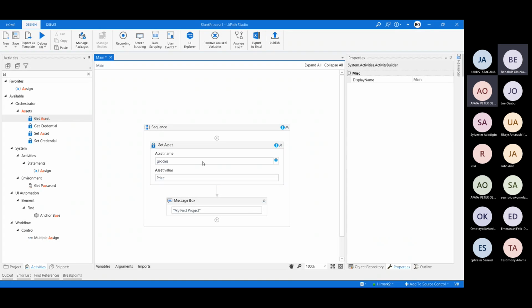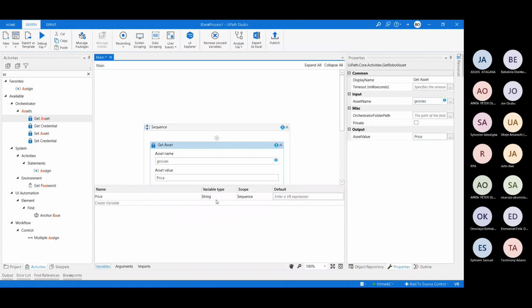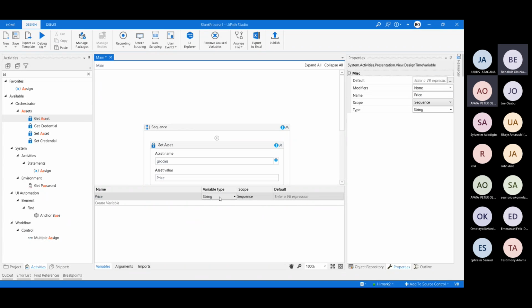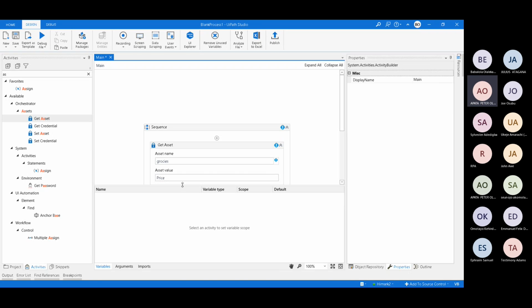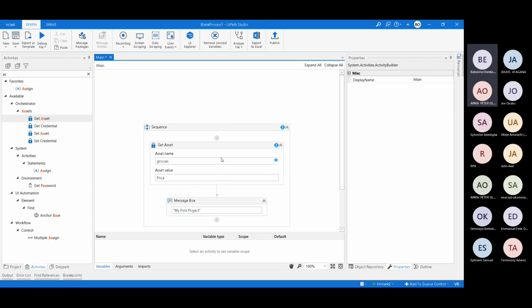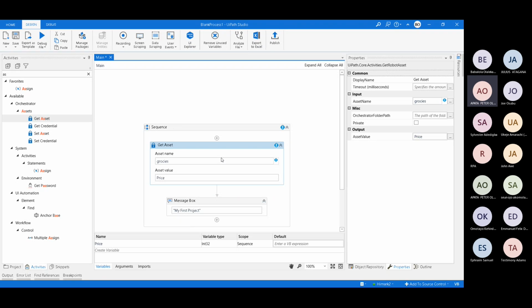So we can take that price and place it inside our message box this time. Our first asset value, we need to change this. Okay, so we're placing the price inside our message box now.